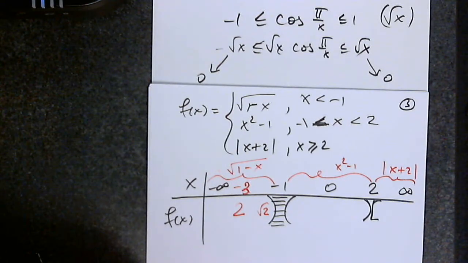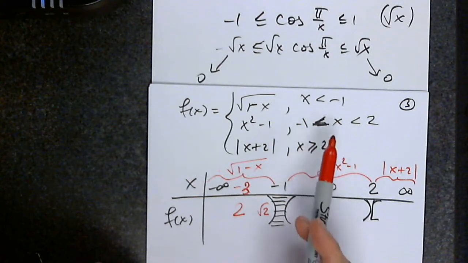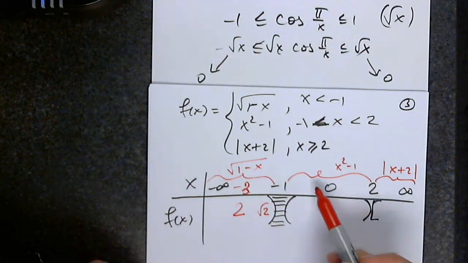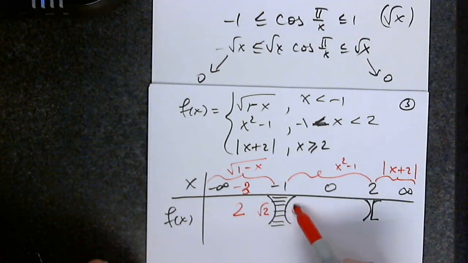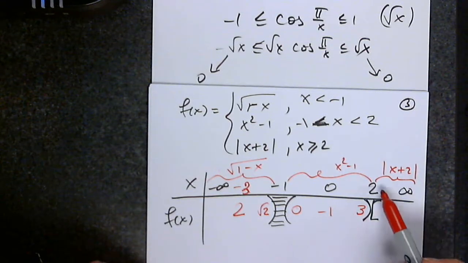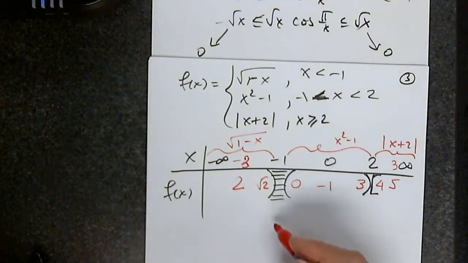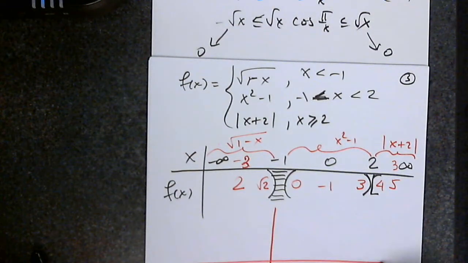I don't want to take the square root of 3. But here I had no choice with negative 1. So negative 1 on this side will be 0, 0 will be negative 1, and 2 will be 3. And on this side, 2 plus 2 will be 4, and 3 will be 5, and so forth. So now when I graph the function,